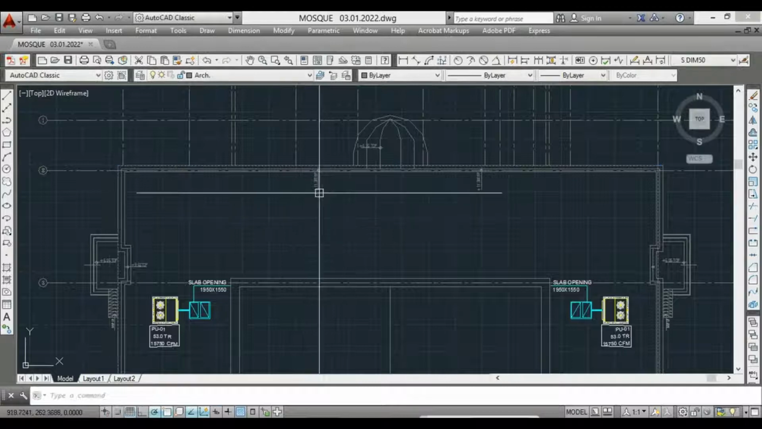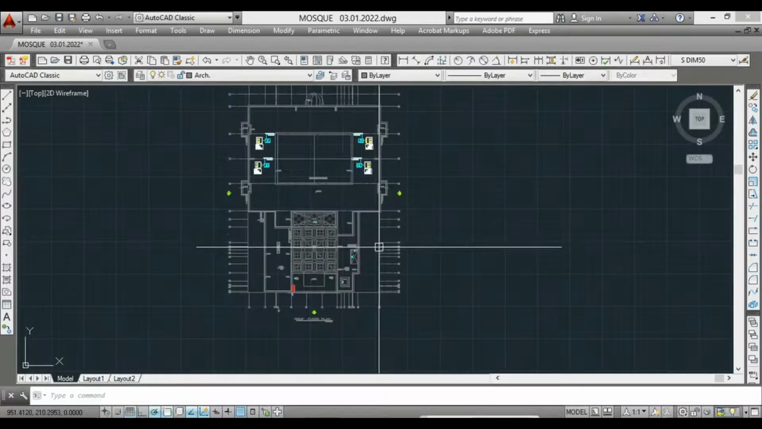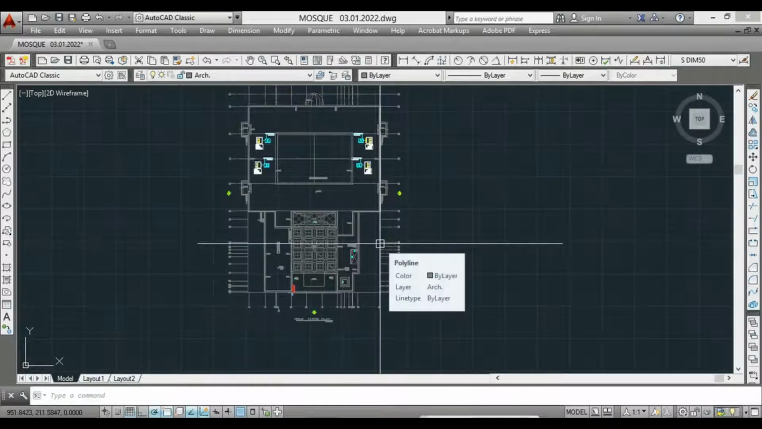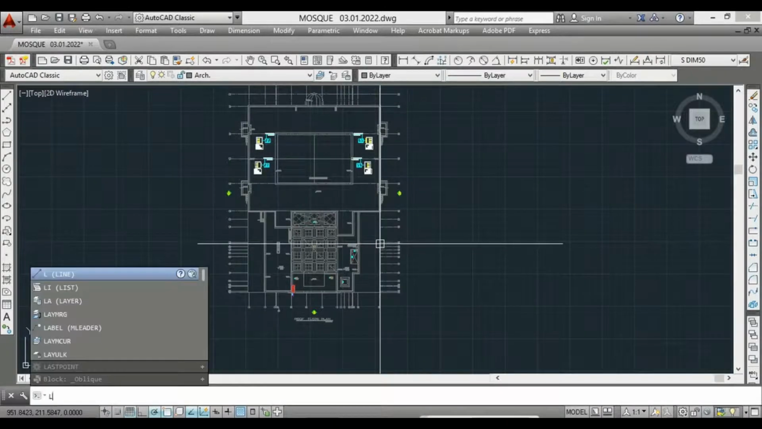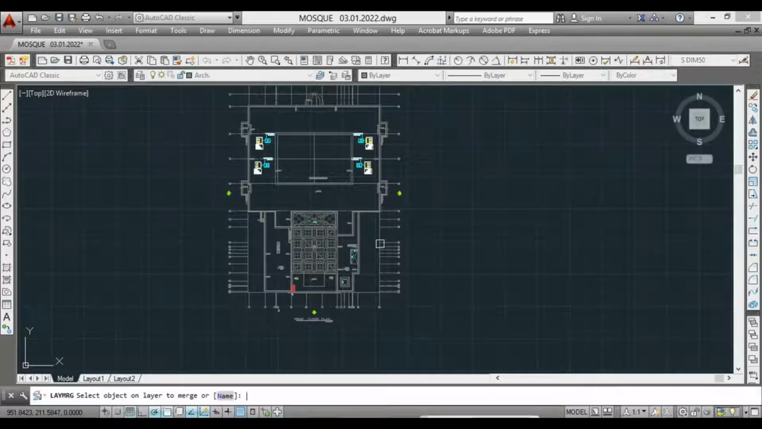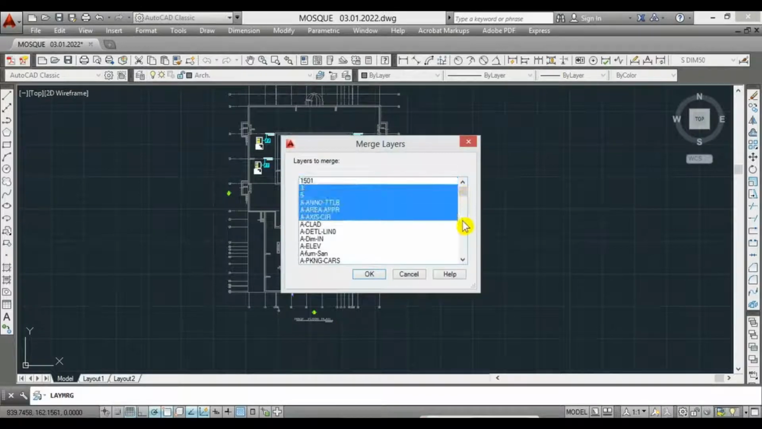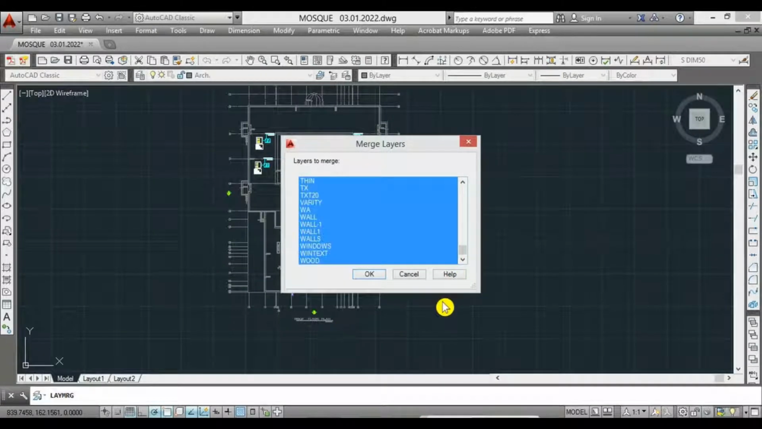There are other unusable layers, but you cannot see them. There is nothing on them. I removed everything to the layers that I made, but I still need to remove all these useless layers. I'm gonna do this with a command called layer merge, LAMRG. Type in layer merge and then it's telling me to select object on layer to merge or name. I'm gonna choose name and choose all the layers which aren't useful anymore,